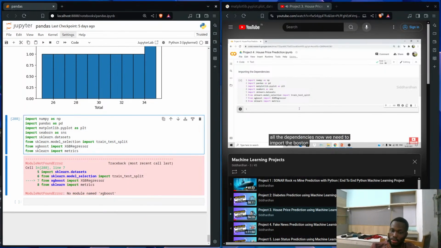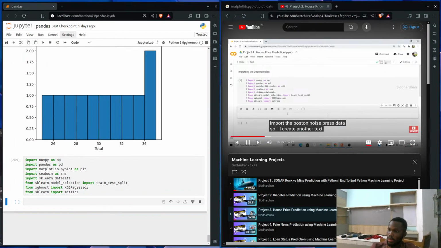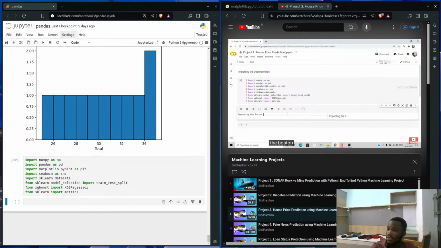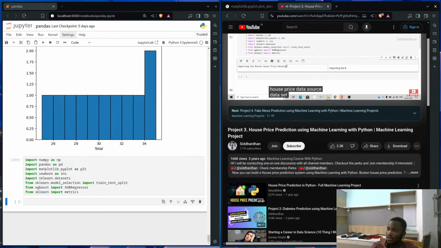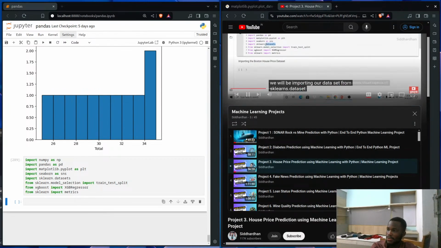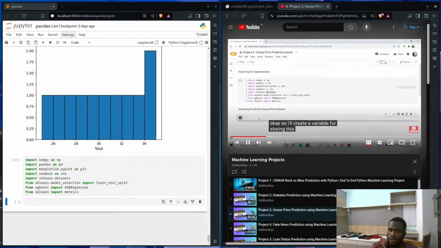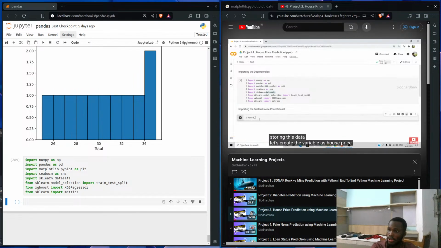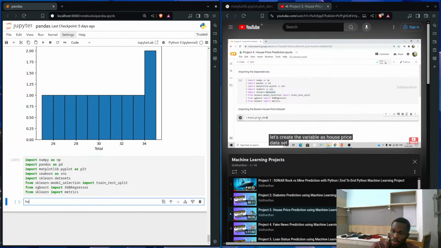Now we need to import the Boston house price data. So I'll create another text cell and mention here that I am importing the Boston house price dataset. We will be importing a dataset from sklearn.datasets. I'll create a variable for storing this data. Let's create the variable as house_price_dataset. So house_price_dataset is equal to